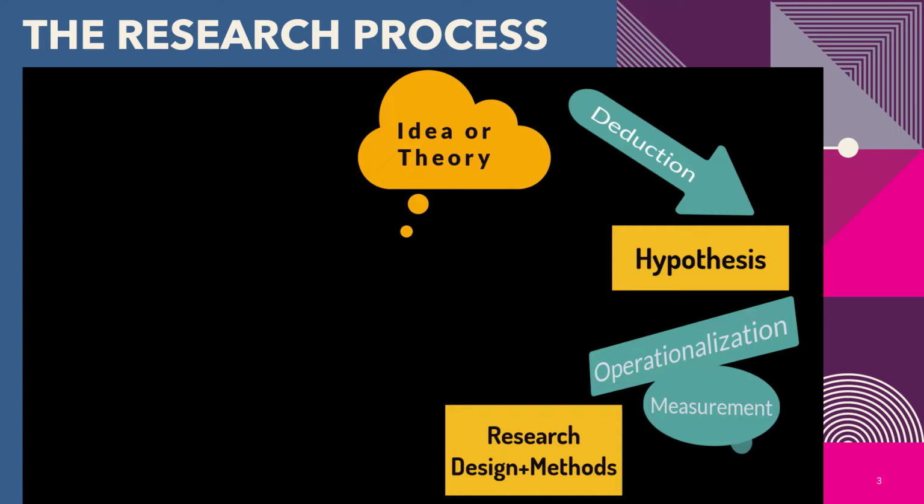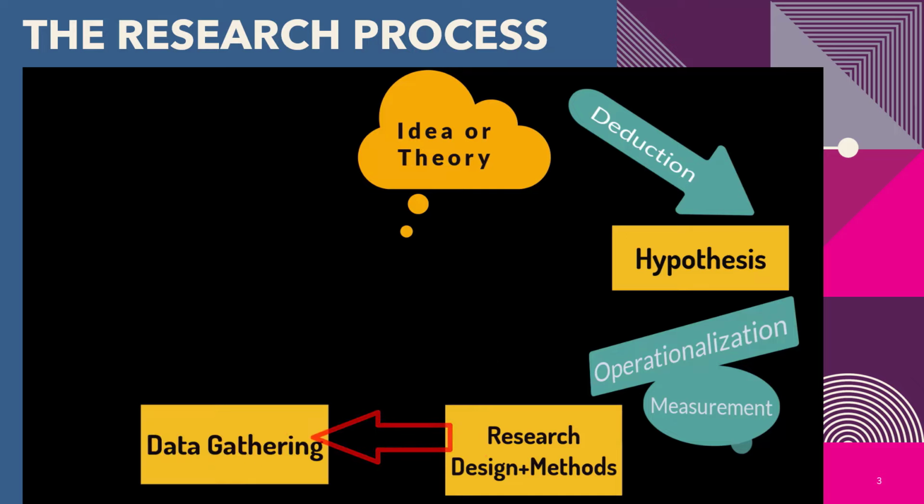There are a variety of methods available for research with their own strengths and weaknesses. Designs can be a true experiment, survey, field research, content analysis, etc. Then you decide on a method for data gathering or sampling. Where would you get the data? Depending on the research method, you'd collect data yourself, access data collected by others, or a combination of both.